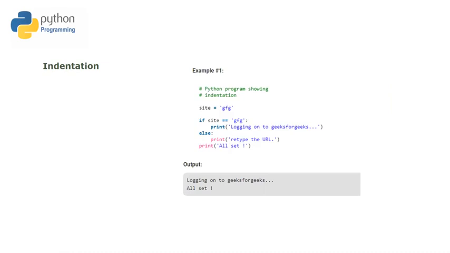So here in this example, the line printing logging on to GeeksforGeeks and this other line are two separate code blocks. One belongs to if and the other belongs to else. The two blocks of code in our example if statement are both indented by four spaces. As you can see here, they are indented by four spaces, and the final print is not indented. It has not been shifted, so it does not belong to the else block. Let's see